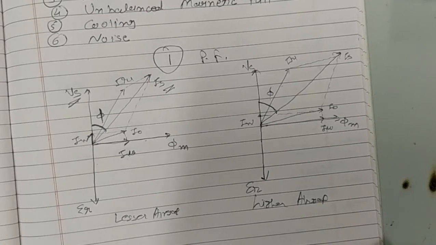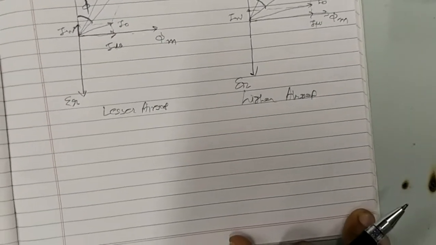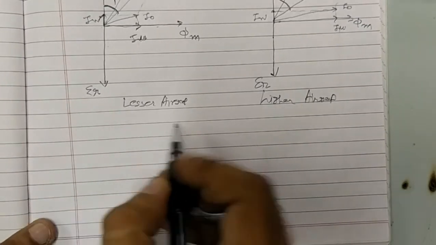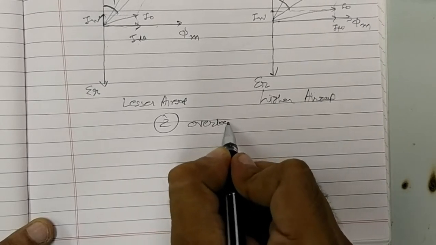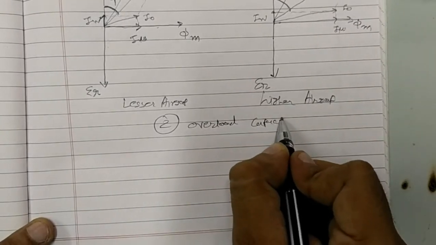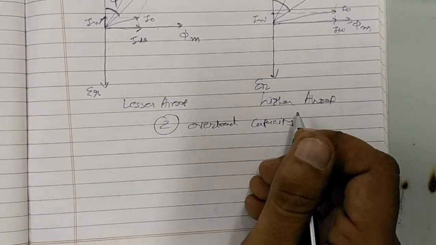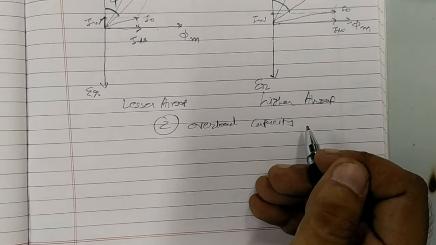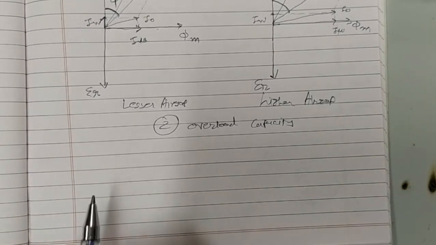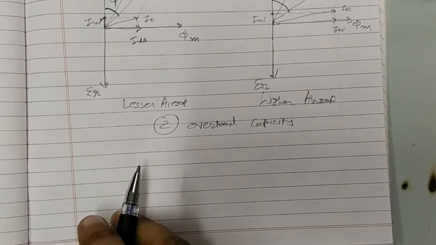Let us go to the second point. Second point is the overload capacity. So the overload capacity of the induction motor is defined as the ratio of maximum output to rated output, or simply we can say that the maximum output your induction motor is capable of giving, compared to its rated output. Okay, so this point also we can understand from the circle diagram actually.